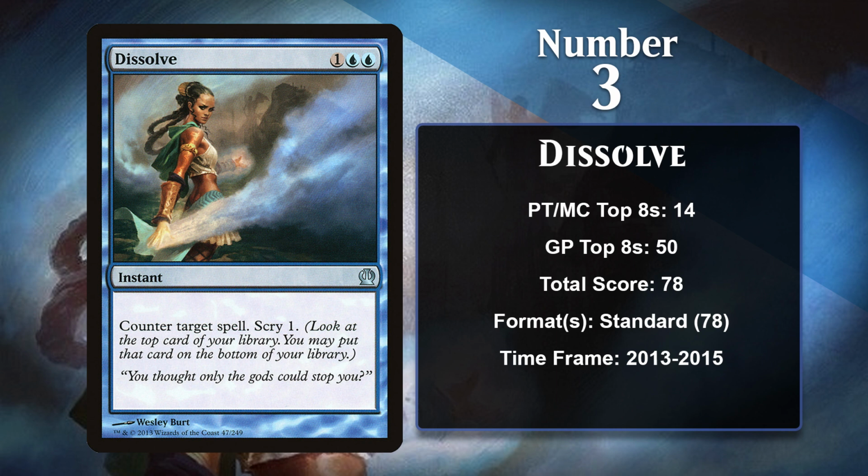Cancel has had the benefit of about 1 million reprints, and it still only has around 10 points, while Dissolve has 78 points on the strength of a single printing. Countering a spell and then getting to filter the top card of your library is pretty nice. Maybe you set yourself up for another counterspell, or a card draw spell that can help you find a new one, or maybe you need to find removal or your win condition. Whatever it is you need, Dissolve lets you do that a little more easily in addition to countering a spell,